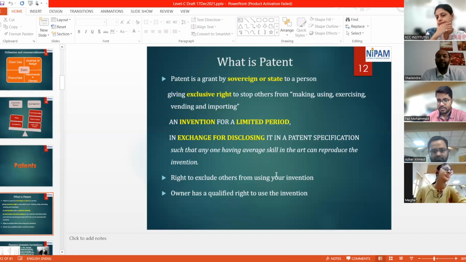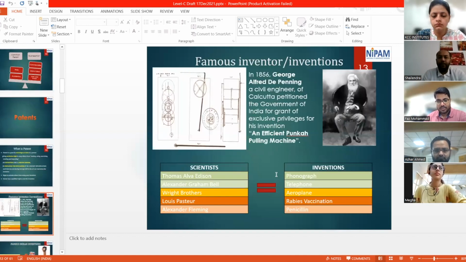Now, for which things do we get the patent? For any innovative ideas or any product or any technology, basically we can file a patent. Now, one important thing: you see so many inventors and scientists of the past. People have a thought in their mind that so many ideas and innovations have already been done in the past, so what new thing can I do? One important thing that we need to understand is that yes, there are so many ideas already shared in the past, but we need to understand the importance in each and every field. When you start doing some more research, you will get to know some new innovative features, or maybe you can add some new